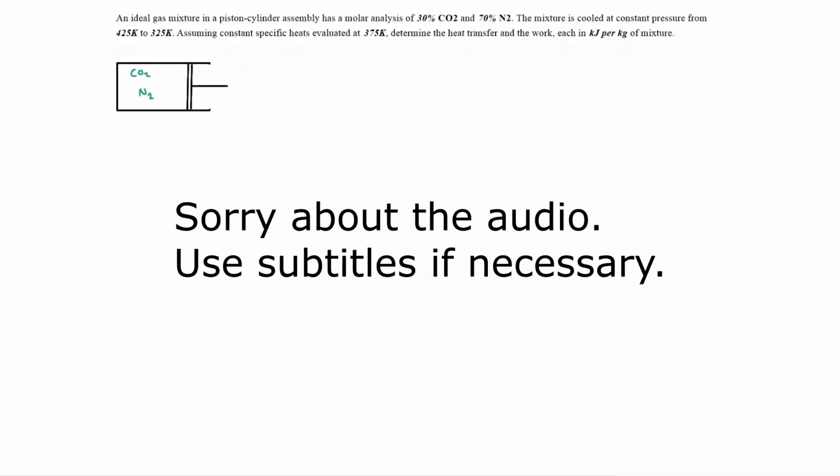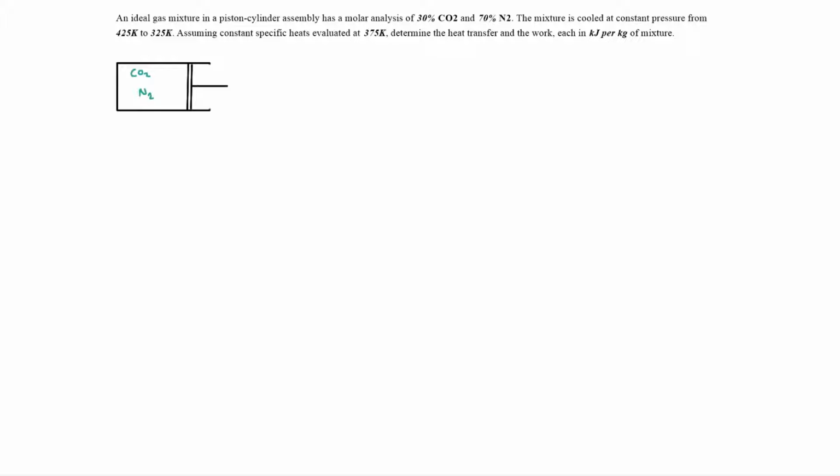Welcome back. We're doing another transport problem. This problem states that an ideal gas mixture in a piston cylinder assembly has a molar analysis of 30% carbon dioxide and 70% nitrogen gas. The mixture is cooled at constant pressure from 425 Kelvin to 325 Kelvin. Assuming constant specific heats evaluated at 375 Kelvin, determine the heat transfer and the work, each in kilojoules per kilogram